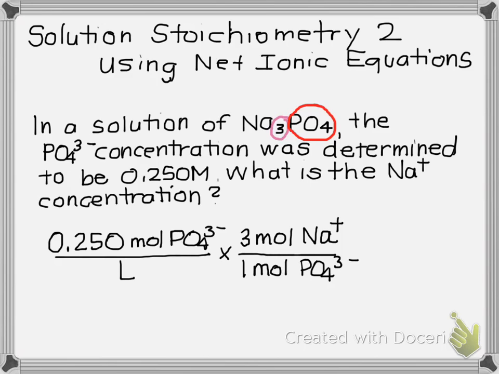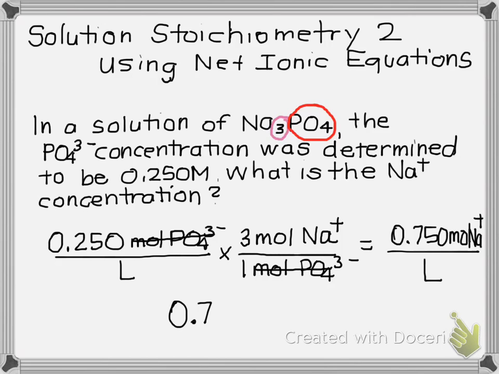So again, it's all about conversions and using our units. The moles of phosphate cancel. And so now if I multiply it, I would say 0.250 times 3 divided by 1. So I would get 0.750 moles of sodium, sorry that's kind of crowded, per liter. And in terms of molarity, remember molarity is moles per liter. So the concentration of the sodium ions in this very same solution is